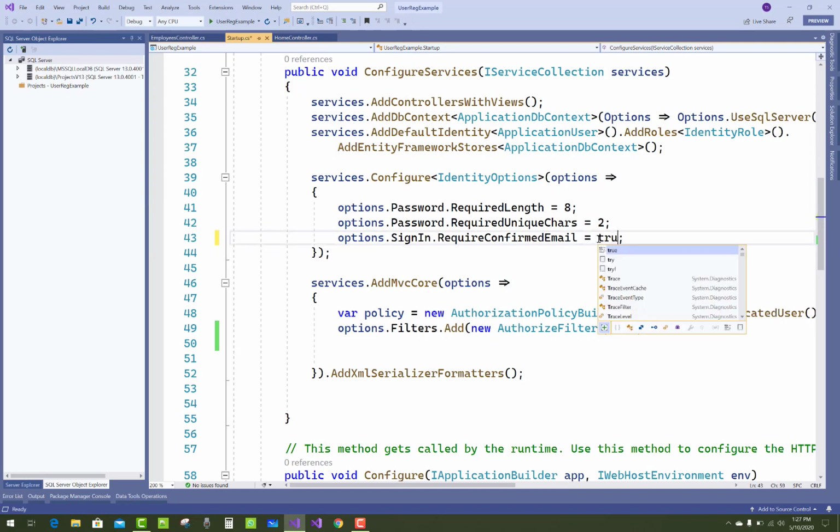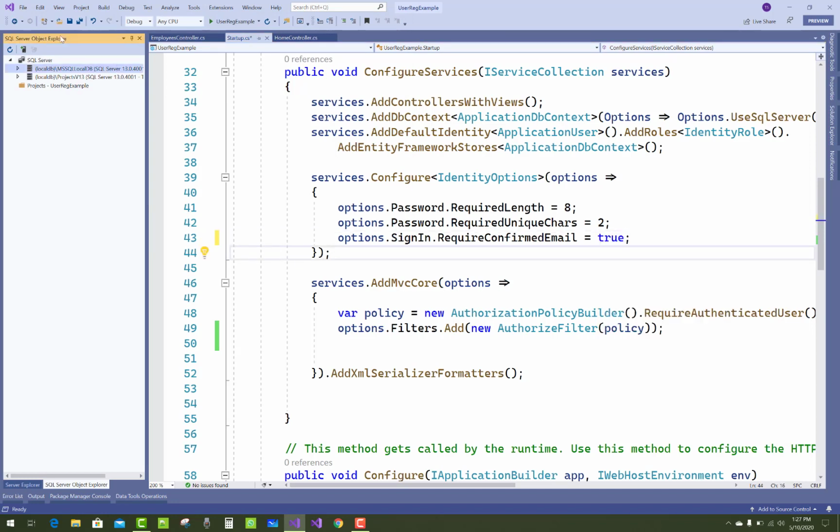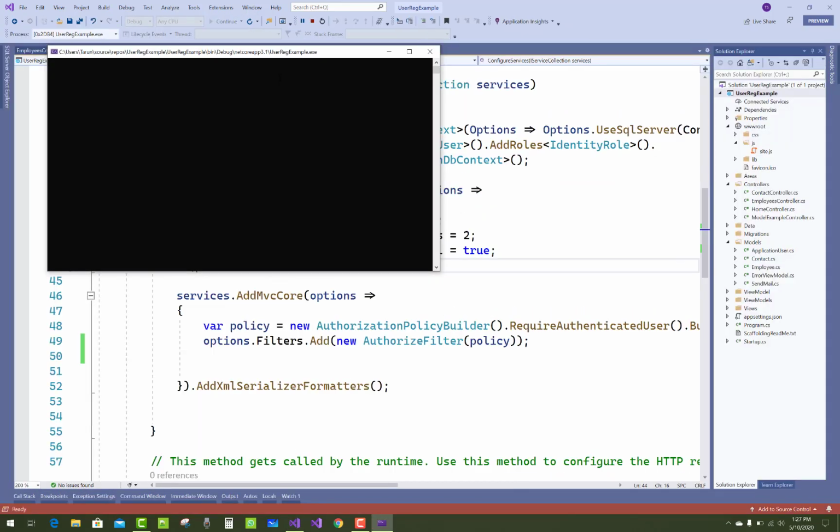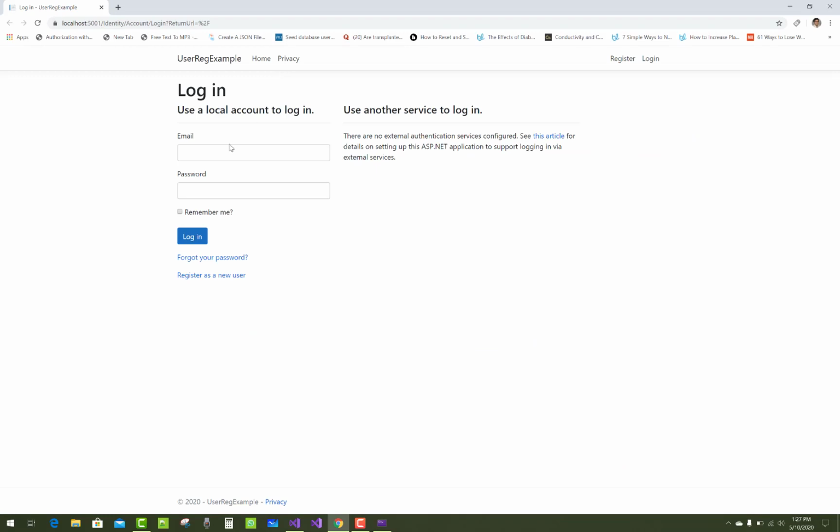And when set to true, it is prohibited to enter into the system because the email is not confirmed. And you have to see again, and you know that this thing is quite easy to understand in Identity in ASP.NET Core.